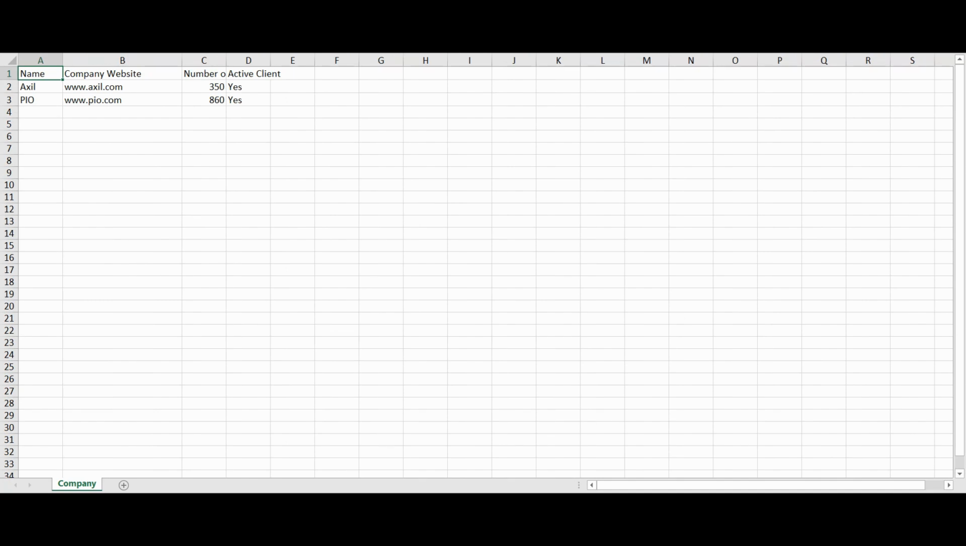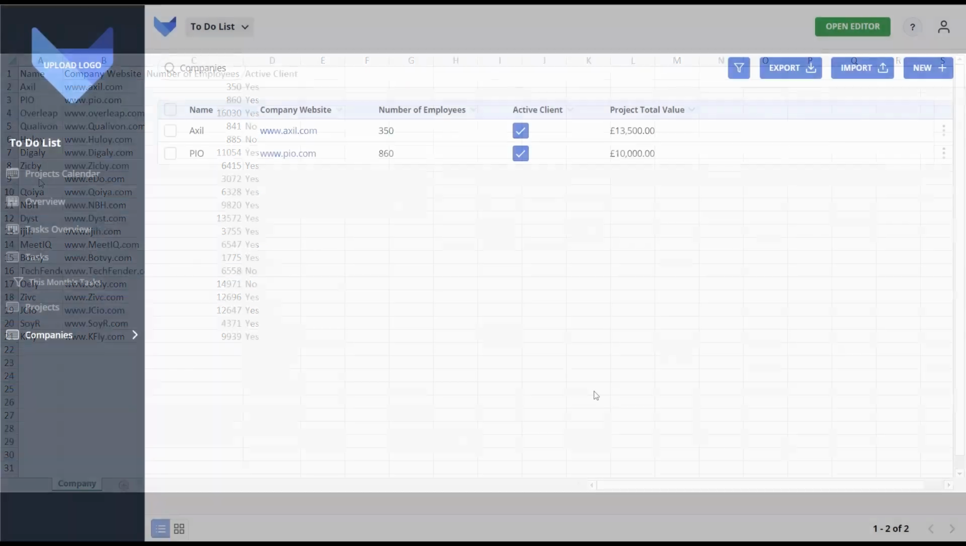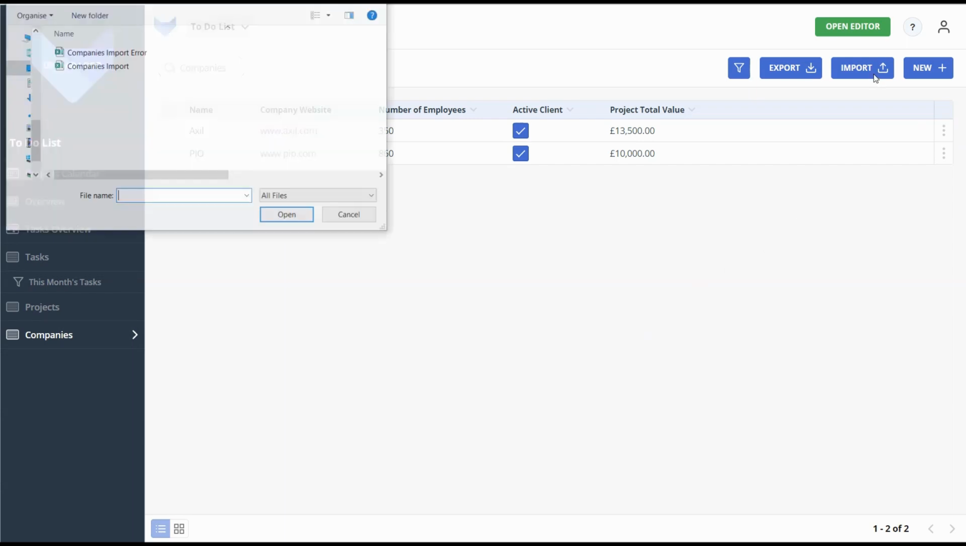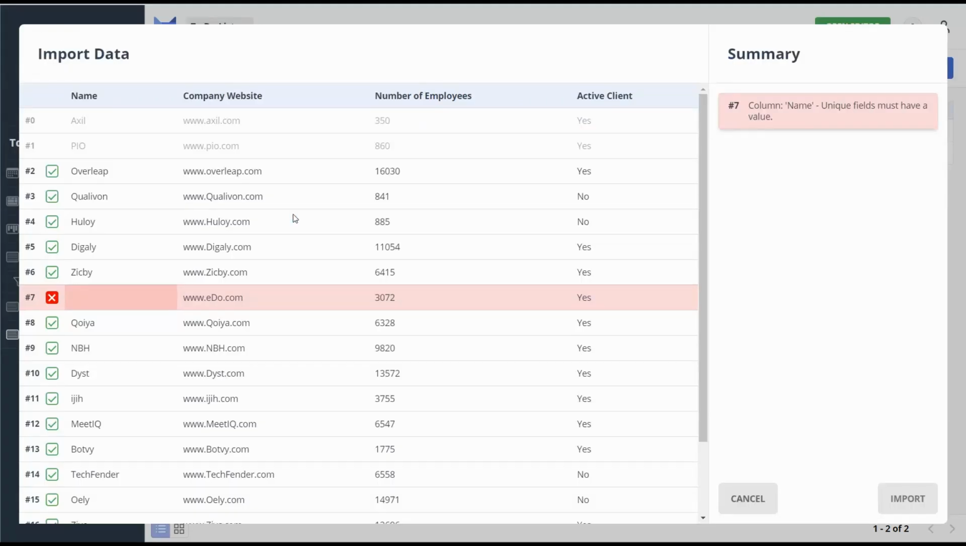What we can now do is add new rows in here with all the existing company information that we already have. To save time, what I've got here is a list of companies that I would like to import, but what I've done is remove the company name from one of the rows. This is to show how the validation works when you import a spreadsheet. So if I hop back to the to-do list app, I can now import the spreadsheet of companies that I just showed. Click the import button, select the spreadsheet, and this will look at the data in the spreadsheet and